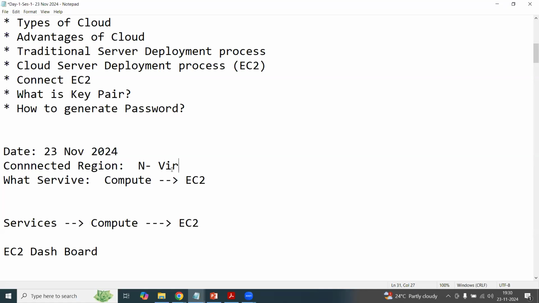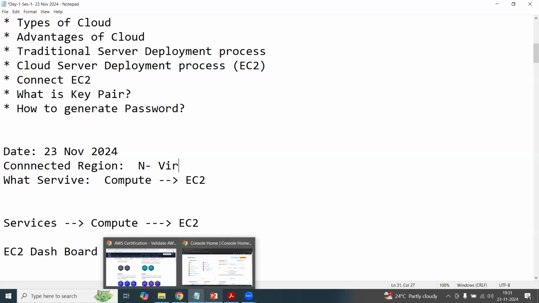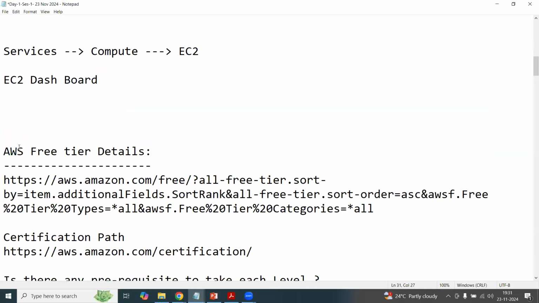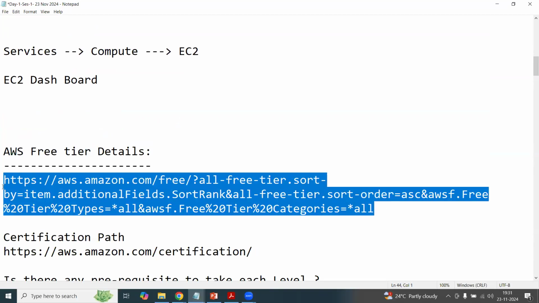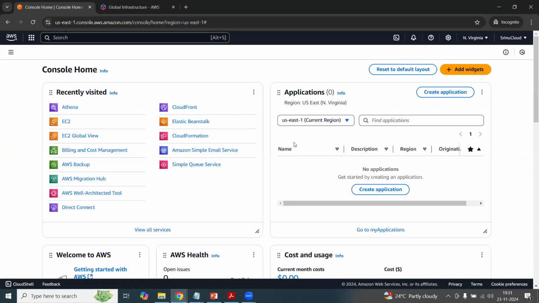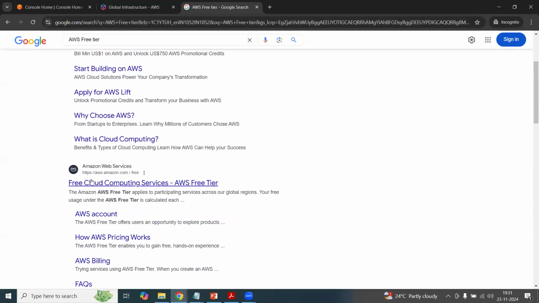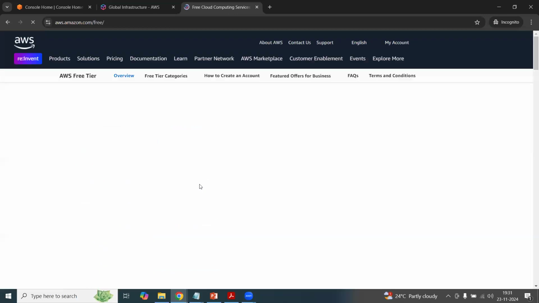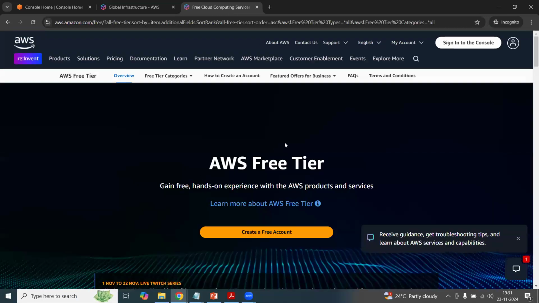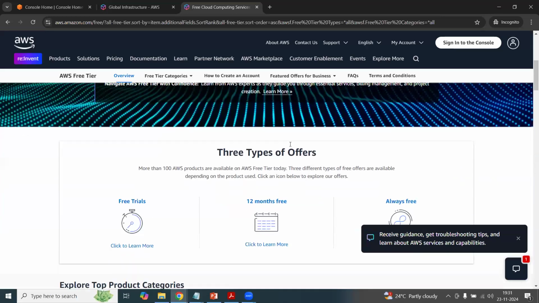What is the free tier eligibility? We already logged in. Now I must understand what my free tier limitations are. In this document, there is an article available. See here, AWS free tier. You don't need to go to this particular page. Just open the search engine and just mention AWS free tier. That's it. You will get free cloud computing services, AWS free tier. Here you are going to get complete information about what you are going to get. For example, see here,